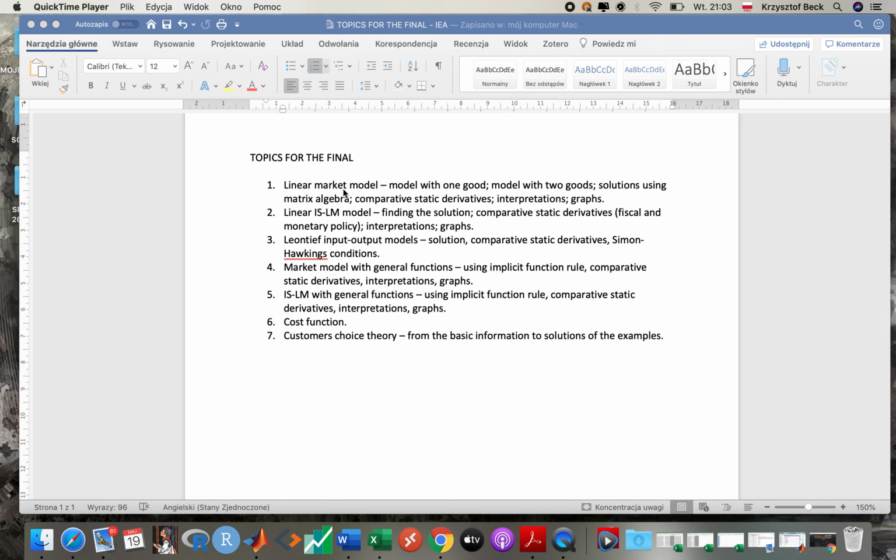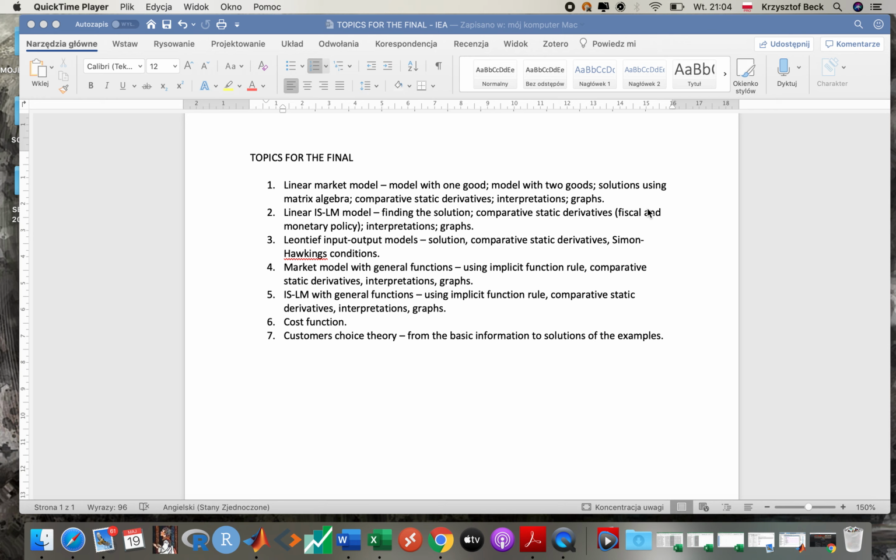So linear version of market model, model with one good. Remember to also do model with two goods. How to find solutions using matrix algebra, comparative static derivatives. So remember, those are derivatives of equilibrium solutions with respect to some parameters, interpretations. This is very important, and graphs. All of this you will find, actually everything you've got here you can find in the notes